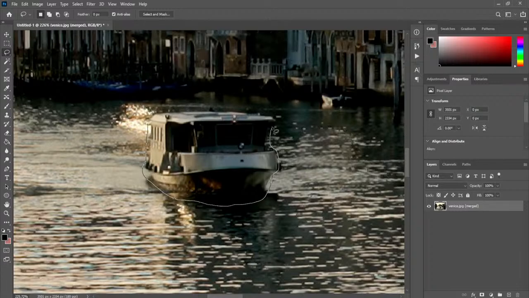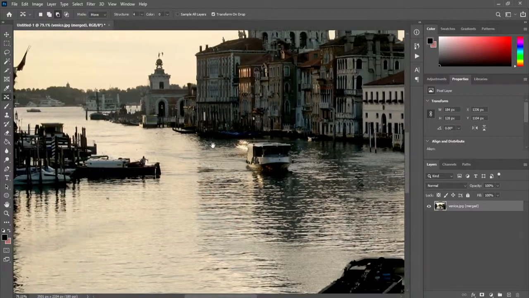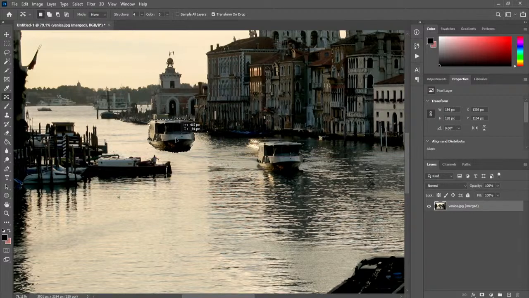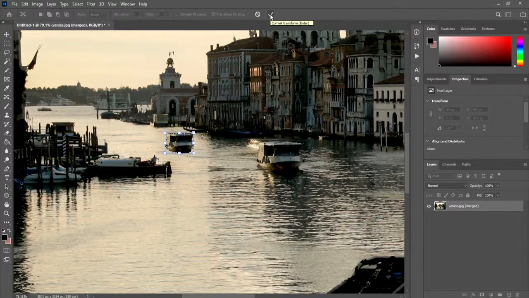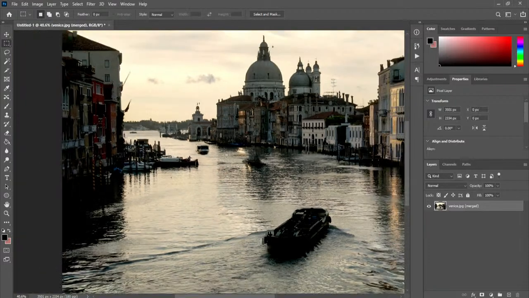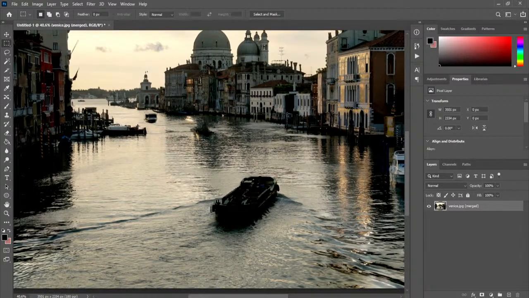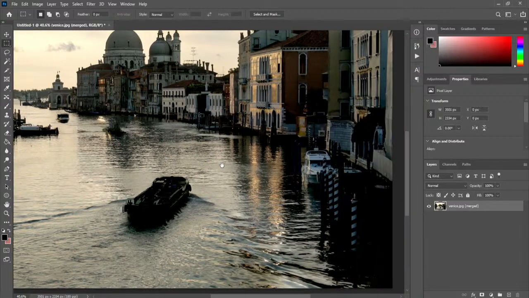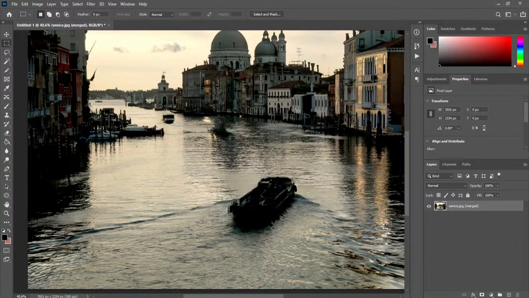So the boat is bigger, so I will select the boat and use the content aware move tool, and let's move the boat a little bit far away, like here, and make it smaller. So instead of the boat coming from this side, the boat is coming from this side. And if I commit, you can see the boat is removed from here and the boat is placed here. Okay, so this is how you can use the content aware move tool. You can move any object anywhere you want